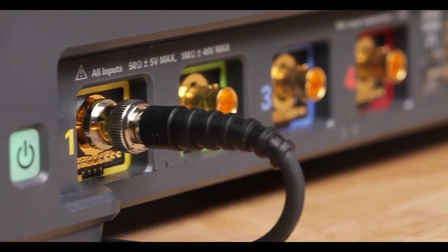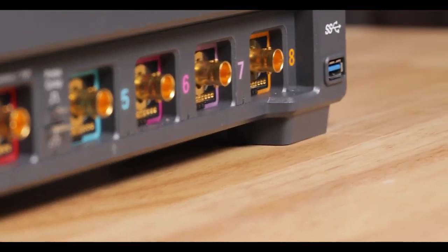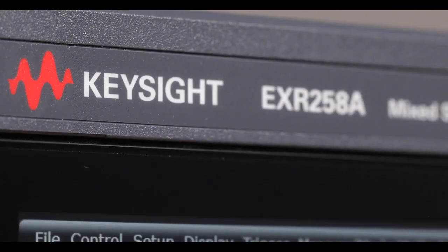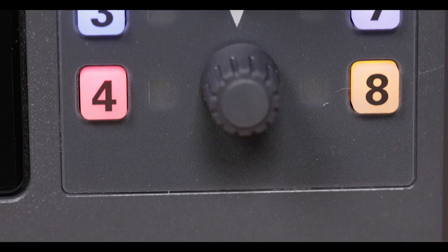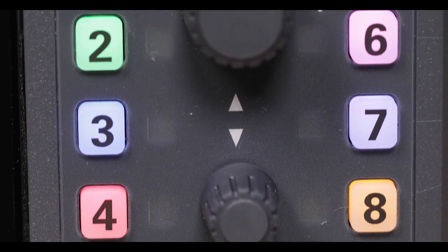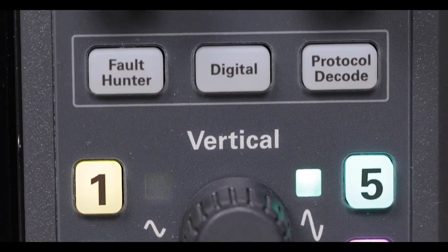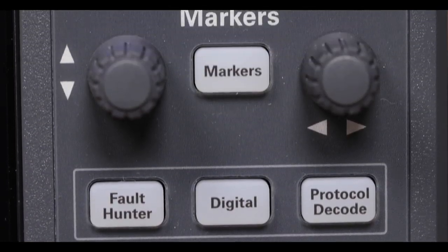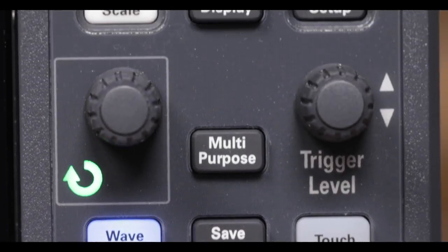The EXR series is also fully upgradable with no exceptions. Even the EXR series channels can be upgraded from 4 to 8 post-purchase. This gives you ultimate peace of mind, since upgrading what you already own can often be simpler and easier than buying new equipment. The EXR series is also designed to be intuitive to use, with less guesswork and more repeatable